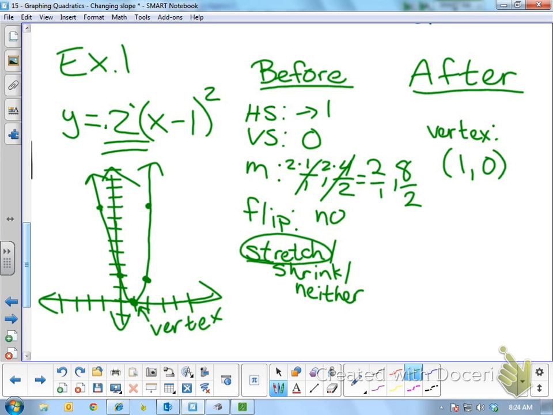So we've named the vertex. So second, we named whether that vertex was a max or a min. Again, this is not new information from last time so far, on our after list at least. Is that vertex at the bottom of the graph or the top of the graph? Bottom. It's at the bottom of the graph. It's the lowest point on that graph, so it's a minimum. Yes. So now there are 3 new things that I'm going to ask you to name on the after